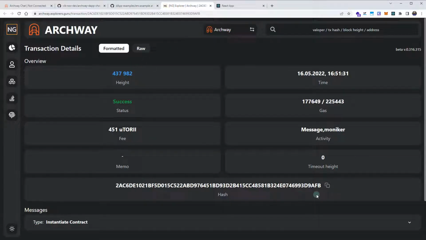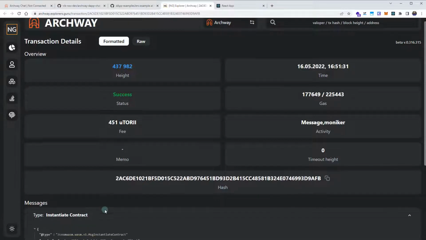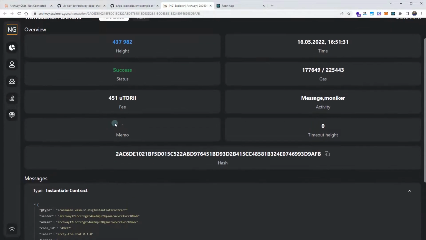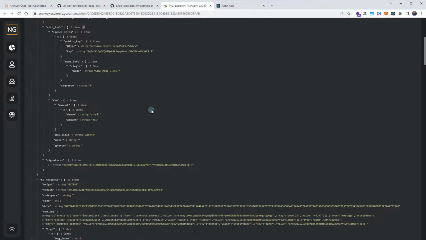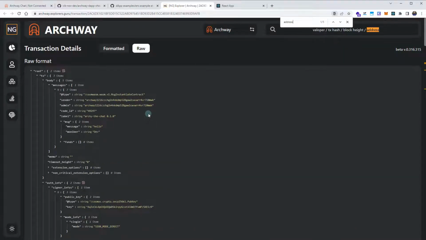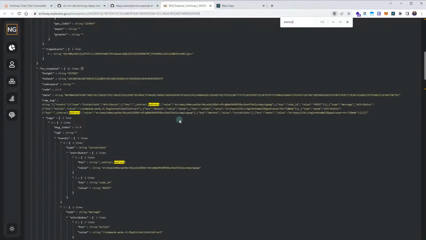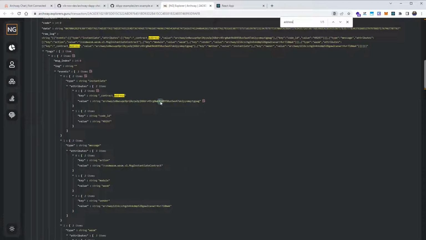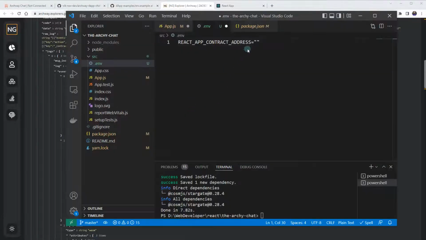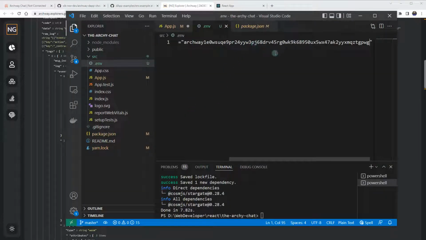So here are my transactions that created this smart contract. You see instantiated contract, and I want to take from here my smart contract address. So the address, the contract address, here it is. Okay, and